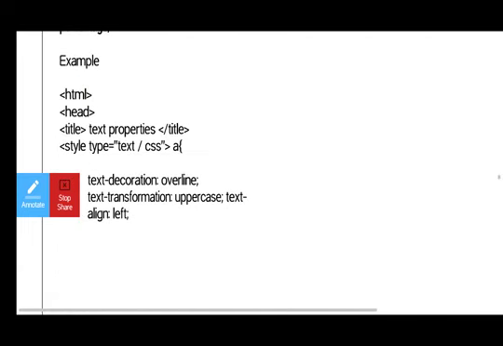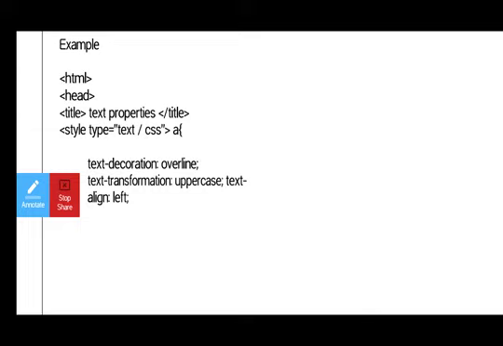So here is the example. Starting with the HTML opening tag, and next the head tag, and we put the title as text properties, and close the title tag.